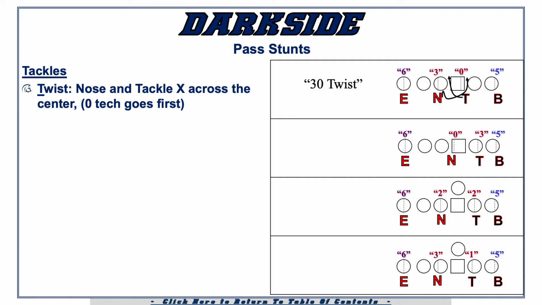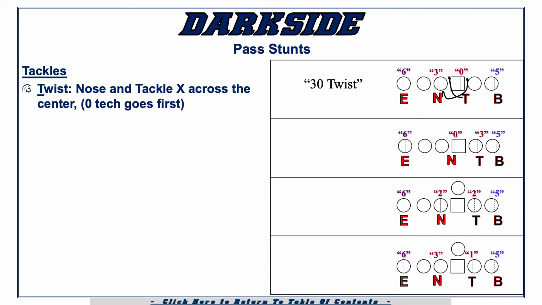Now, as always, there's always clues in the word. Twist means that we're going to tell the guy who's going first first. So the twist starts with a T. That means tackle's going first. And when the tackle goes first, we're going to typically call this so you're pretty close to the opposite A gap that you're getting to. But in twist and nut, which is the other one, we're going to get in both A gaps.